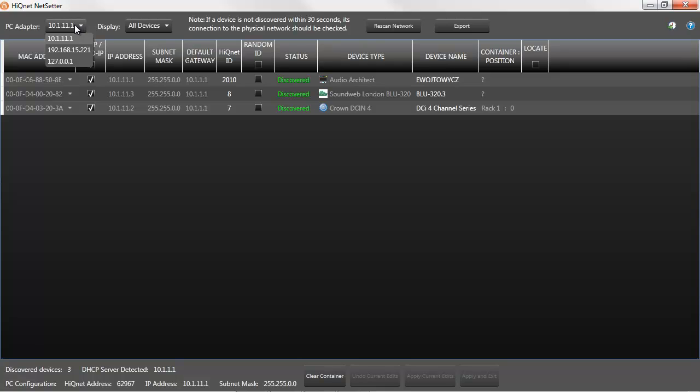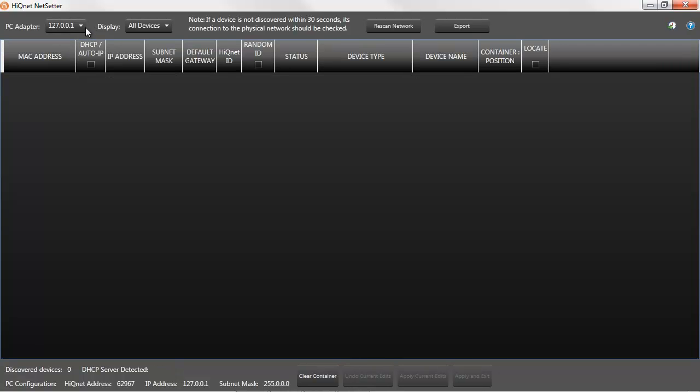The PC adapter option selects which network interface card or NIC Netsetter will use to communicate with a HiQNet network. A computer may be connected to multiple separate networks depending on how many NICs it has equipped. Even if your computer has only one NIC and IP address, the PC adapter dropdown will display a second IP address of